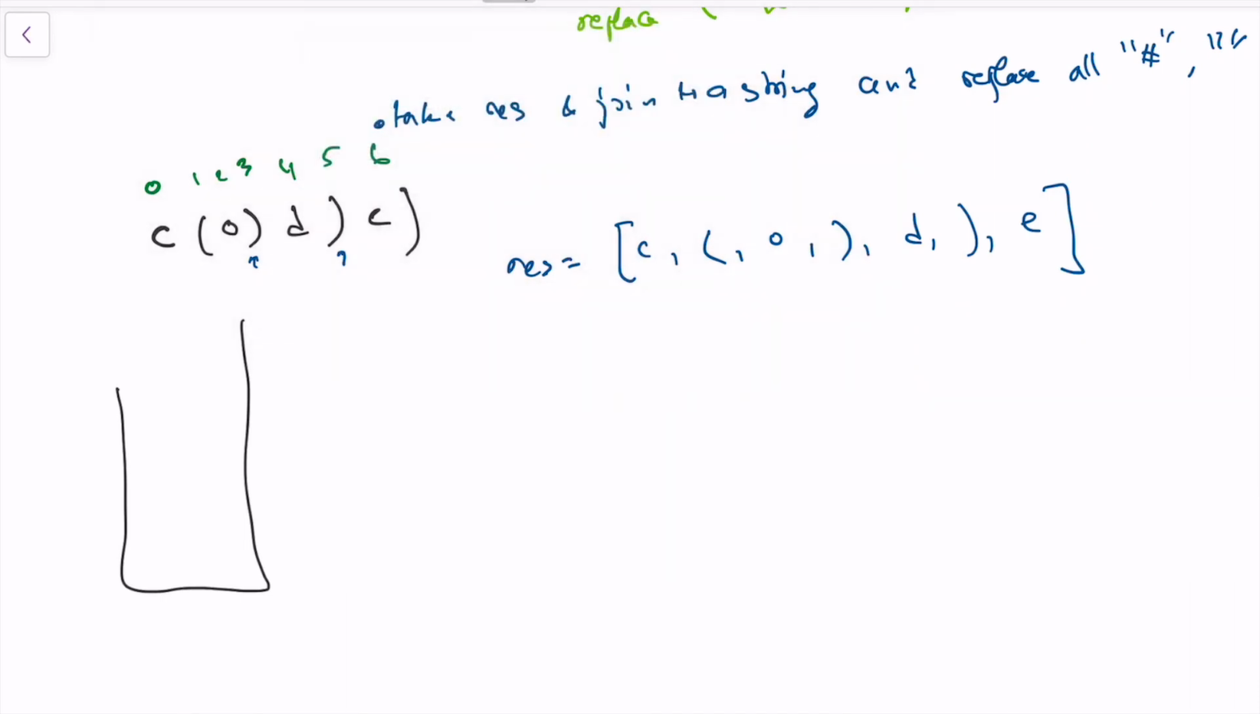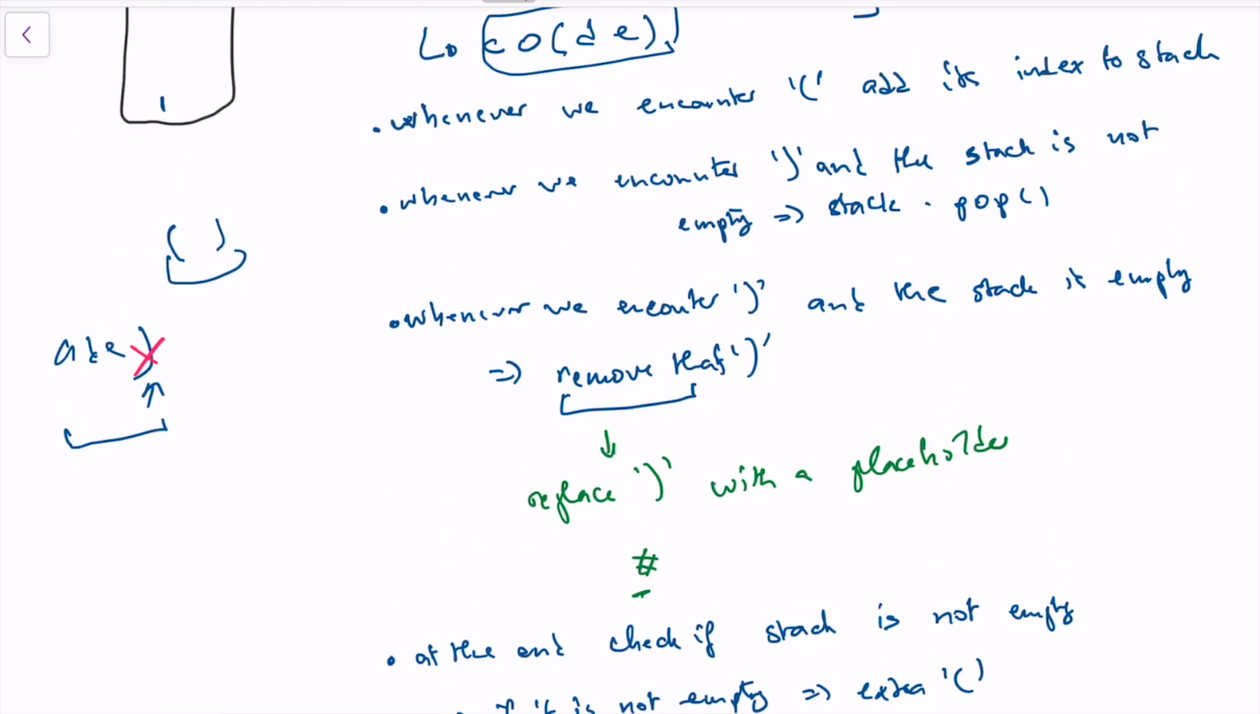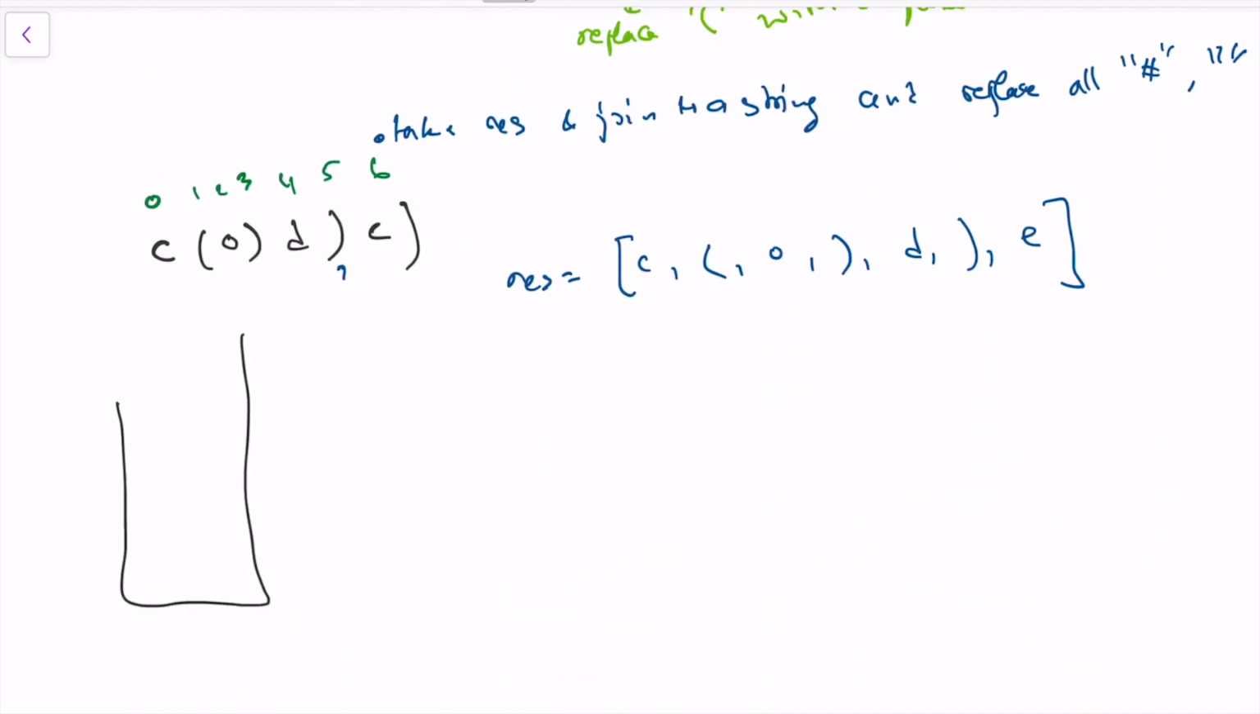And then we encounter another closed parentheses. But now we are at this condition here. When we encounter a closed parentheses and the stack is empty, we need to remove that closed parentheses. And removing means just replacing it. And so we are at this position, we know the position, right? So we need to just replace that one with the placeholder that we have, right? And so we go to that one, which is position 5. So 0, 1, 2, 3, 4, 5, 6. And replace that with the placeholder,